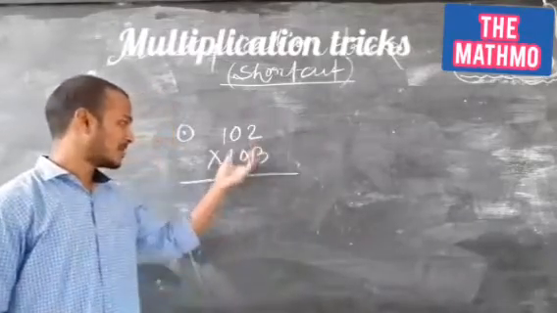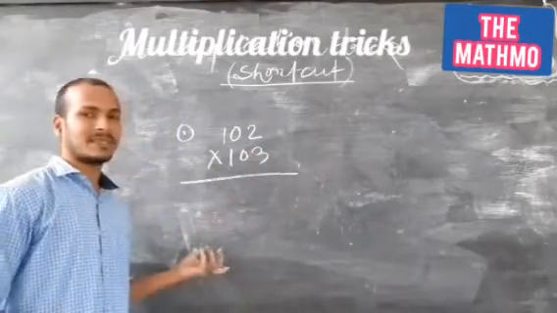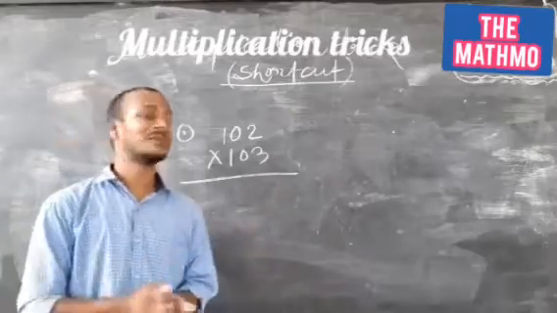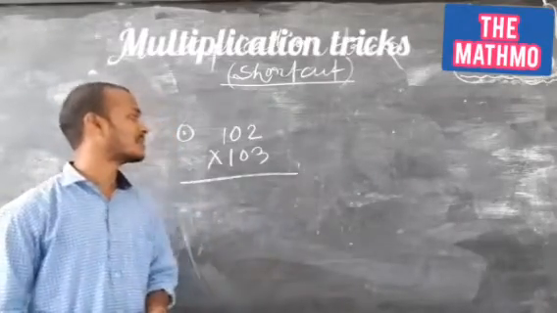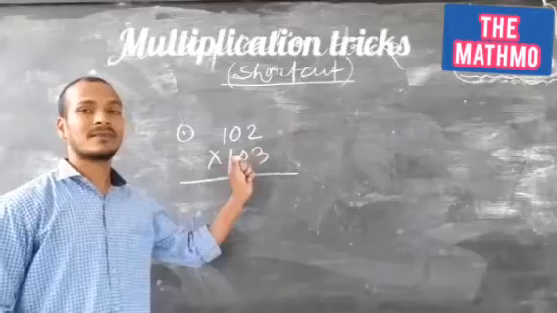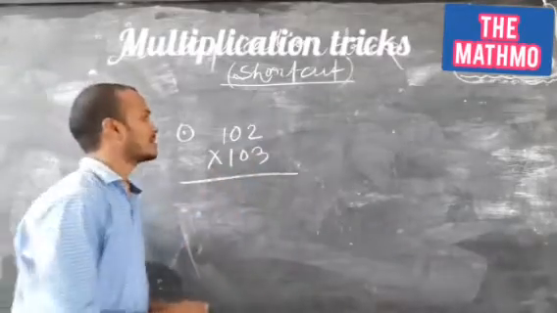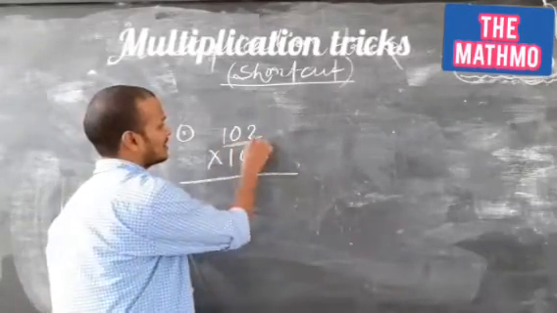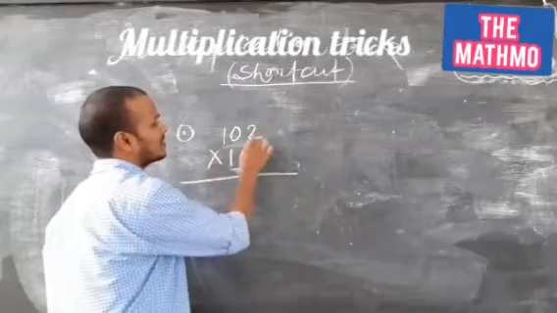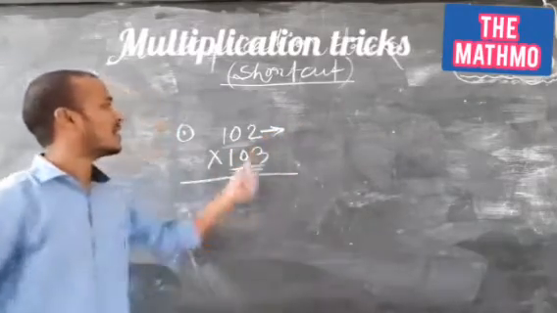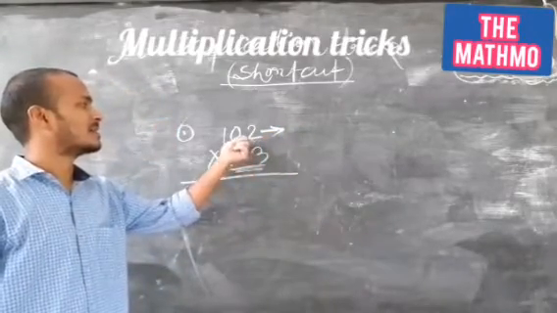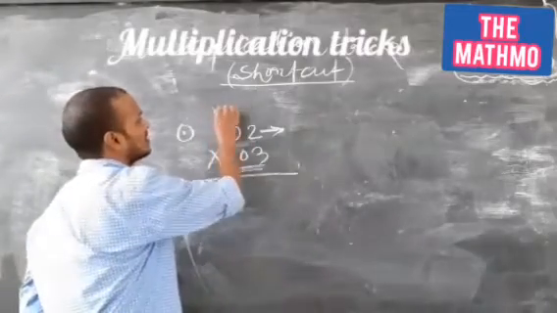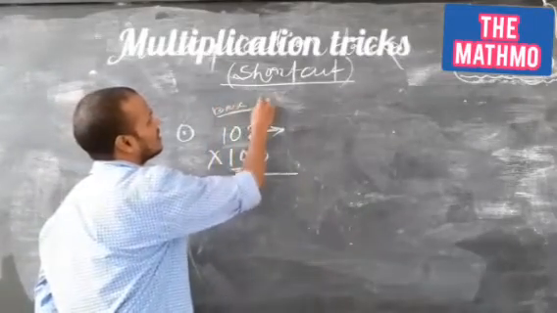So if we do this one in our general process, it will take time. So you have to save your time and do it in your mind. How to do that? First of all, you get the concept clear. Okay. So this is 110 and 103. First of all, you have to find how much more than 100. Your base here is 100.